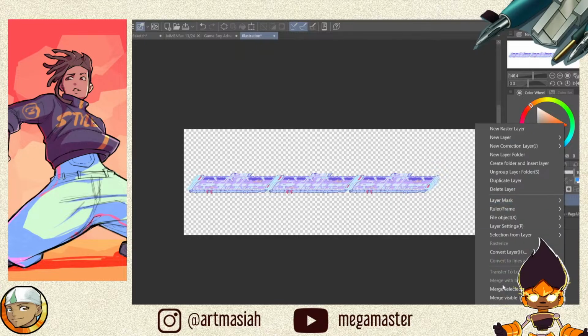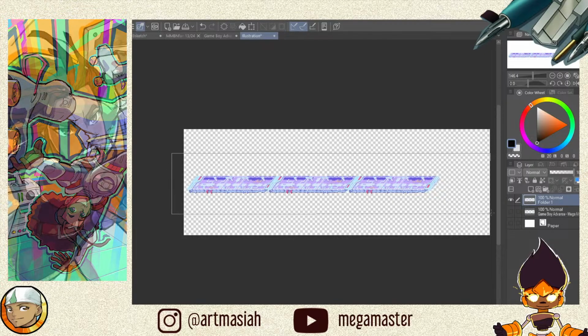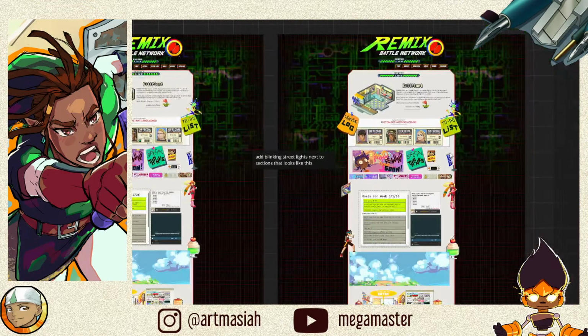So we're going to merge those selected layers, and we're just going to grab that, and we're going to chop off the top of it like that. Alright, and so this is more so just like a color pass, just kind of get an idea of how this may look.